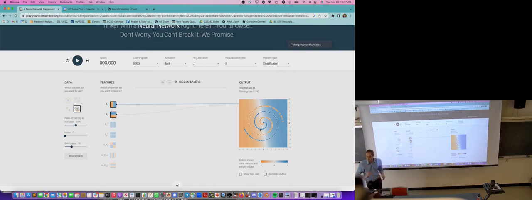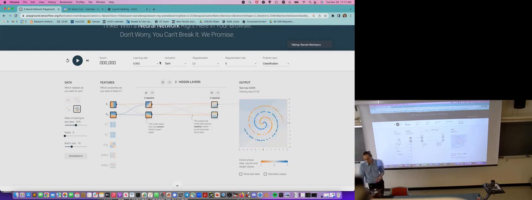So try it, what does it take? How many hidden layers? What kind of learning rates? How many neurons per layer do you need? So add hidden layers, change these parameters. Just try to get this to work on the spiral problem. And raise your hand when you've done it. Now come and have a look. You've done it.